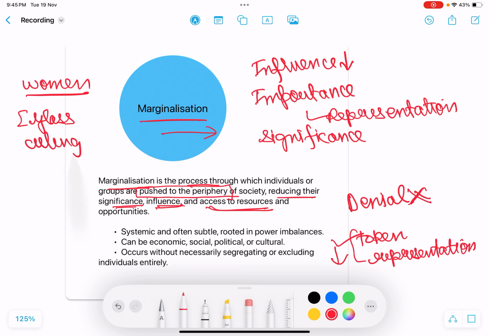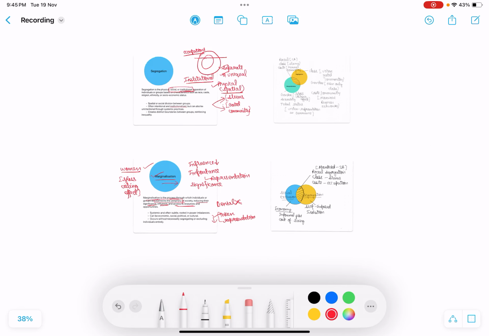So the glass ceiling effect basically means that women are underrepresented at the upper hierarchies of organizations, and what they do in power structures, in influence, matters less while they are a formal part of the structure. So the influence is being reduced, the significance is being reduced, and so this is marginalization, right? So now that we have spoken about these three forms,